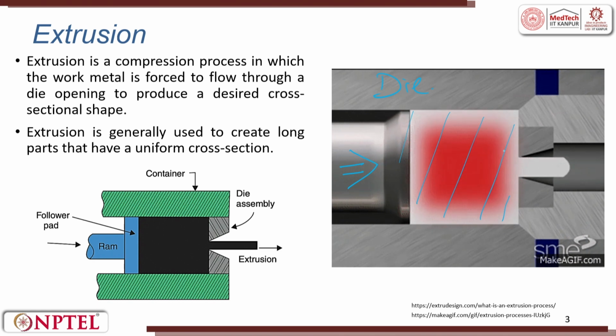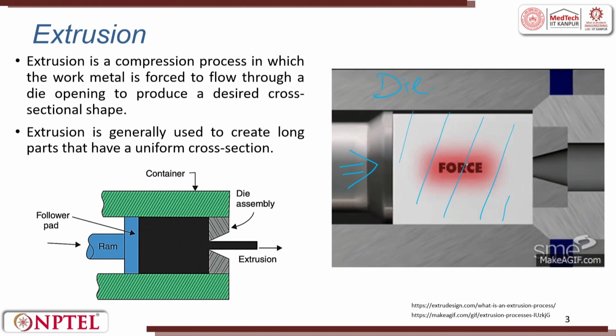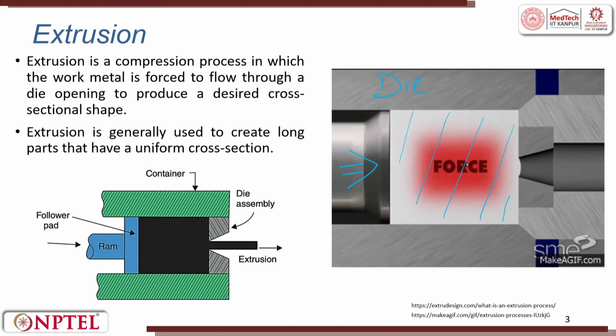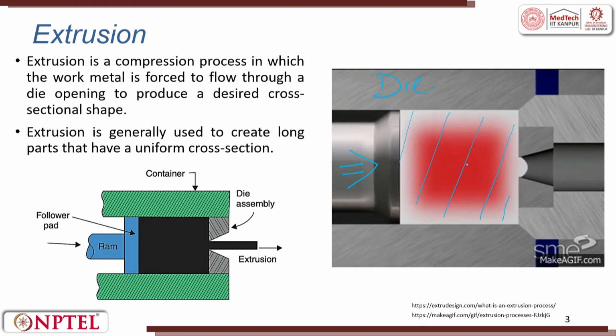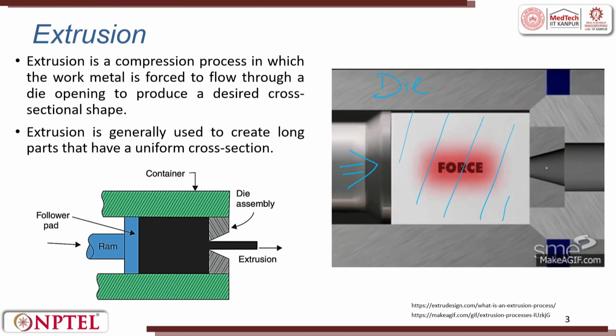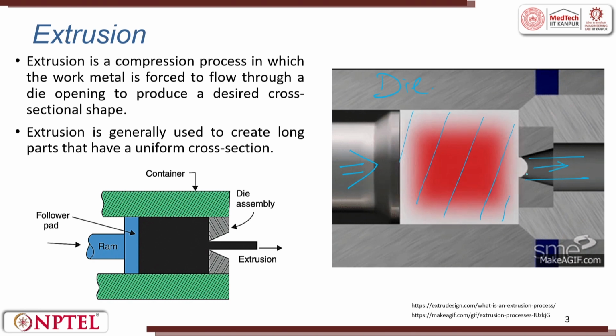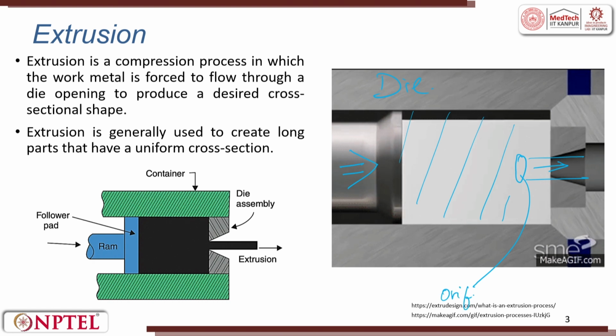It is a constant volume process. When you keep compressing, it gets buckled or it gets bulged. Now, the bulging has to be restricted. It is restricted and there is an exit. Through this exit, you try to get the output whatever you want. This portion is called the orifice.